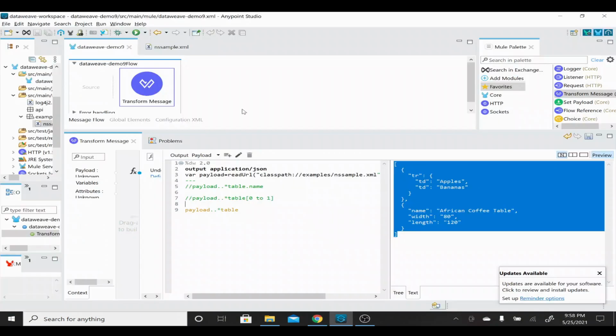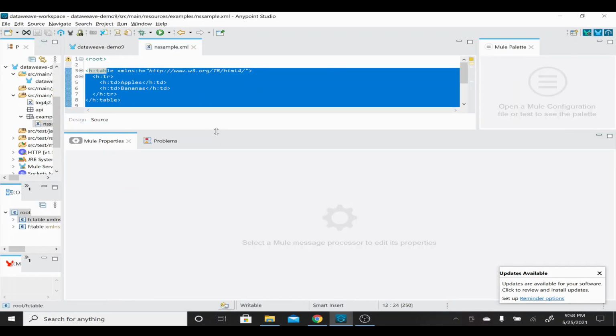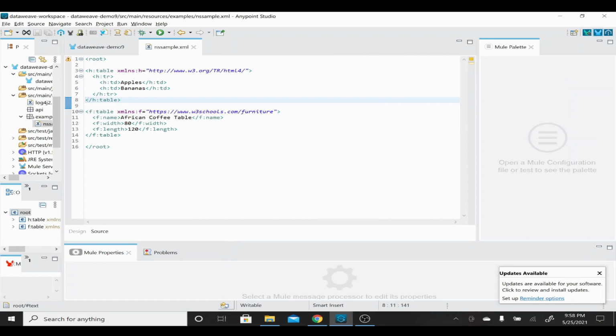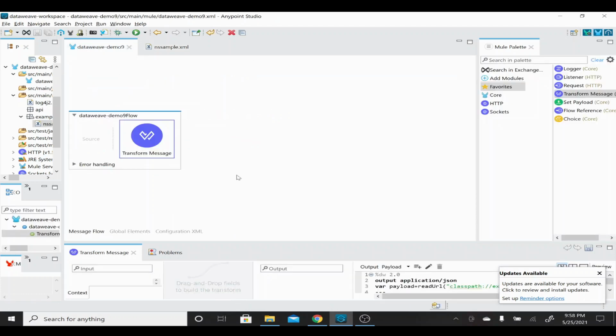First, I'll explain what an attribute is. If you go to the sample, it does not have any attributes, but it has a namespace. In this first table you have something called XML and W3 org HTML4. In the second one, the XML namespace is a URL ending with furniture. So if I wanted to take this XML NS, then what we need to do is